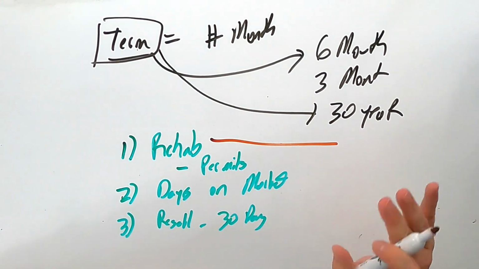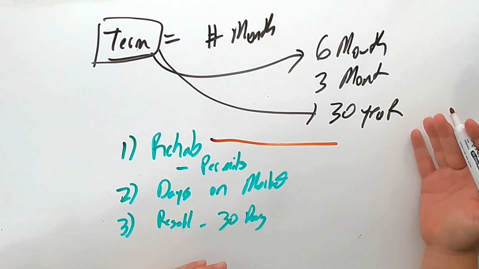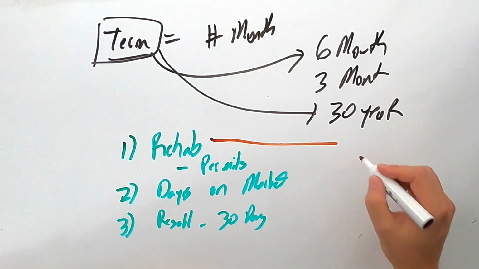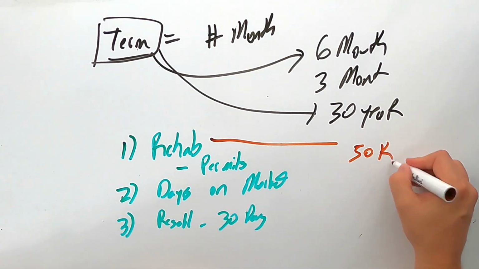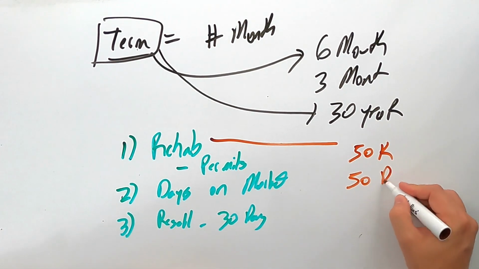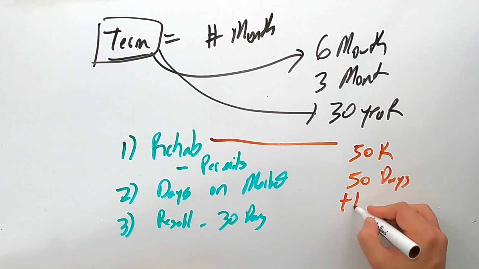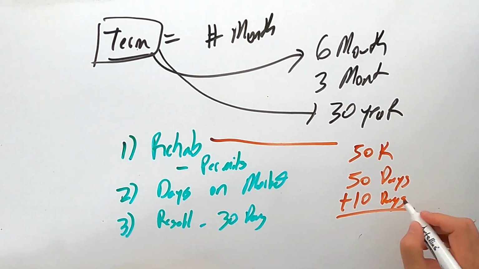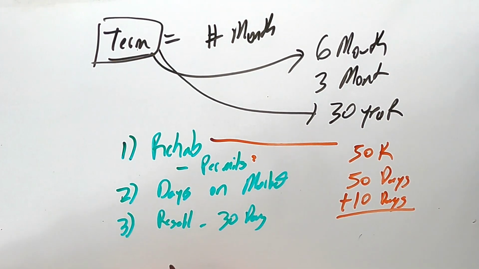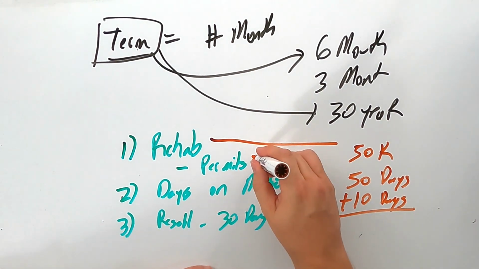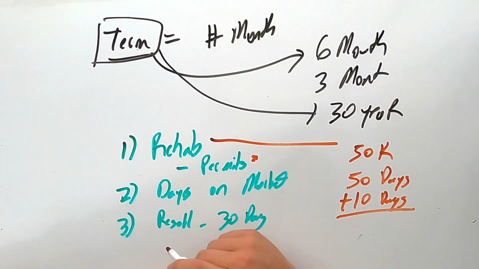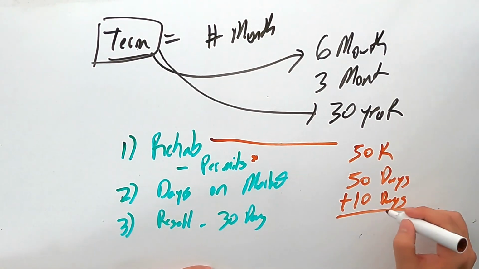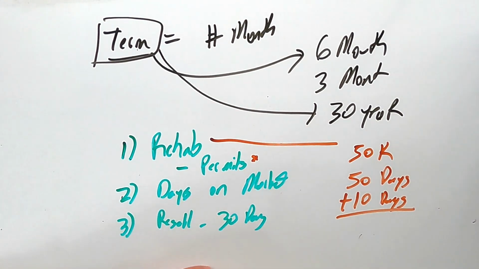So the rehab. The easy thing is how long it will take you. It's going to take you $1,000 a day to get the rehab done. So that means if it's a $50,000 remodel, you should plan on 50 days. We add to that 10 days for permits and everything else like that. However, there are some places like Chicago where the permits take over a month to get. Most places it's going to be a few days. Some places it's going to be a few months.